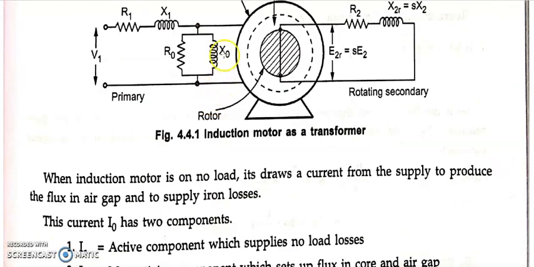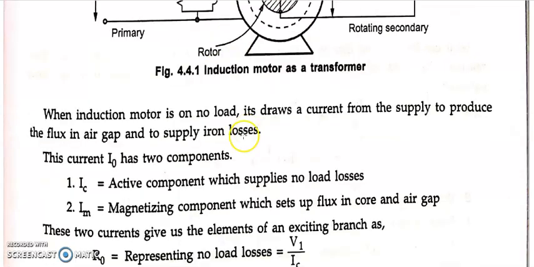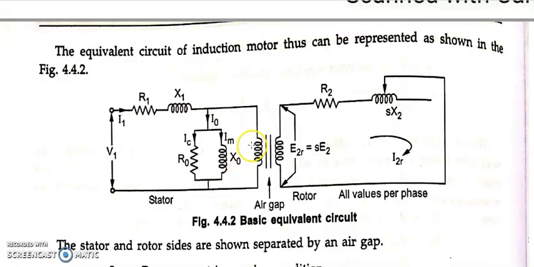Here, this was the basic diagram, but we need to show some inductions. So this is a coil, a stator coil, connected here. We know that there is an air gap between the rotor and stator, and this is the rotor coil. It has its resistance R2, as well as its own reactance, which is S times X2. As it is variable, it is shown like this, and R2 is constant, so it is shown like this. It is connected back, so the only load here is a short circuited load.